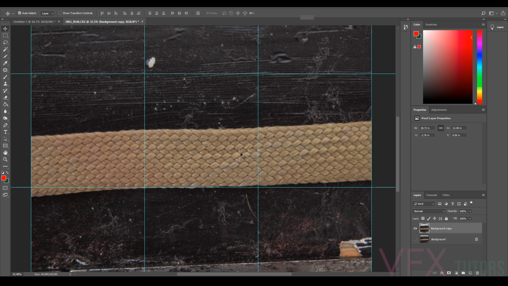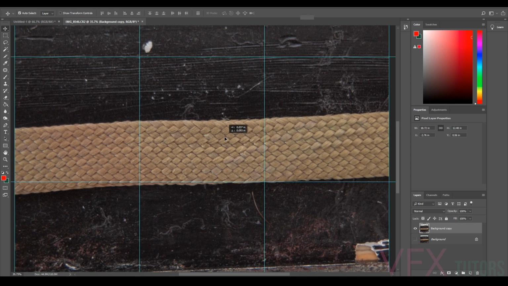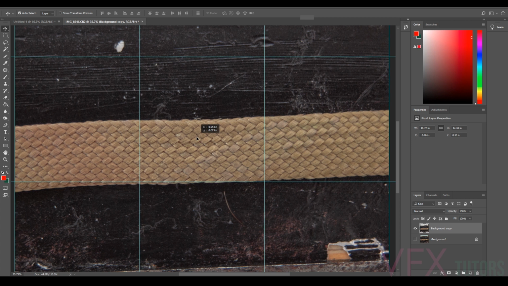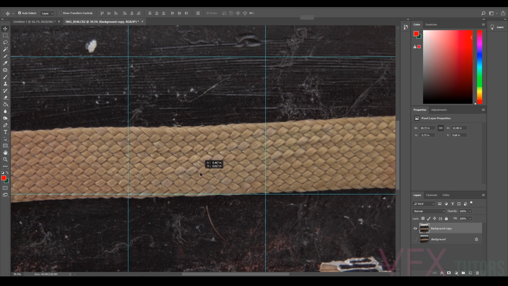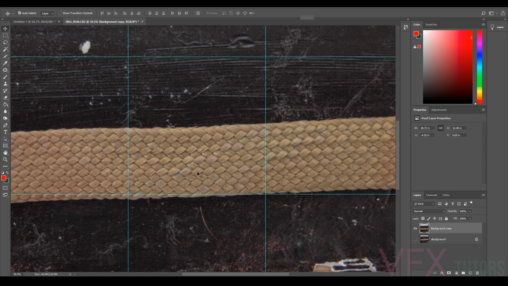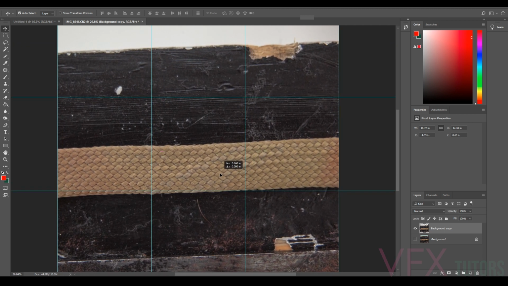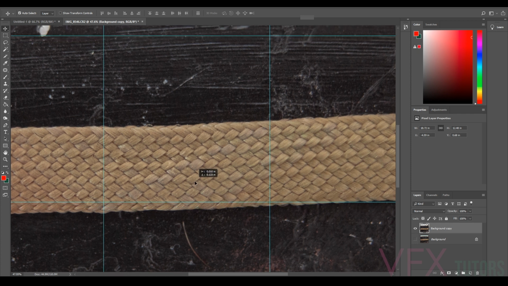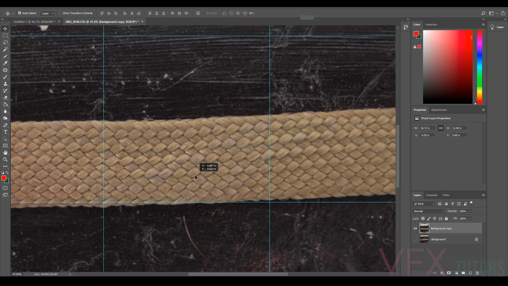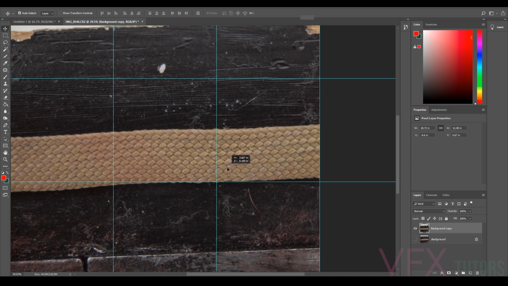You can see we could try and straighten this out if we want. At the moment I'm just going to pull this across so it's covering a bit less of this orange. Cool, so the first position that I want to do is figure out this edge here. If I pull this down, I don't want to trim it off too much, but obviously it's a little bit bent here, so maybe we could even use